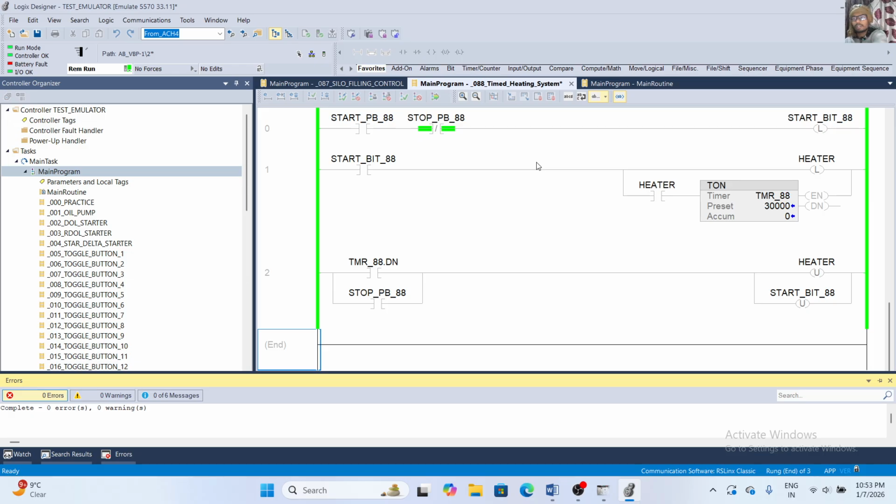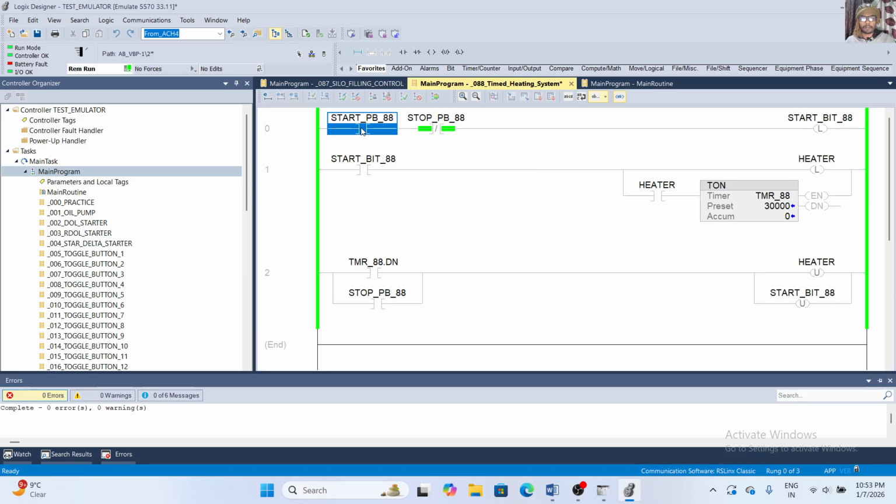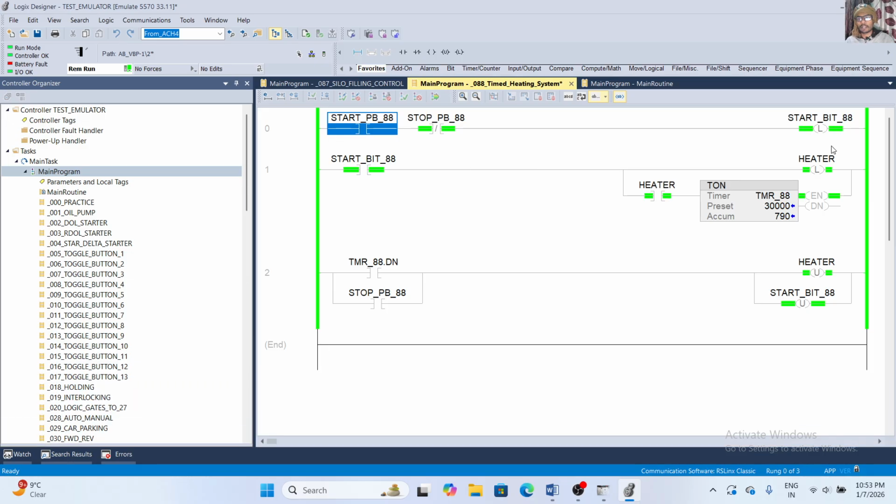Here you have to see, when I press start PB, then the start bit will be on, and then the heater will be on. When I press stop PB, then everything will stop. Understand? When I press start PB, then the heater will be on, then also the timer will be on.